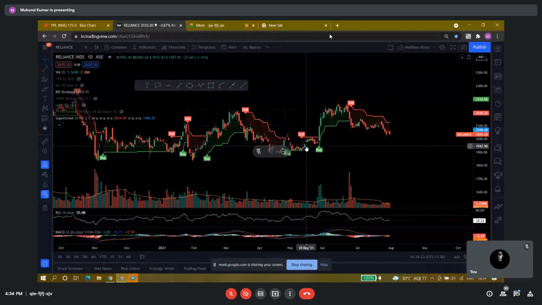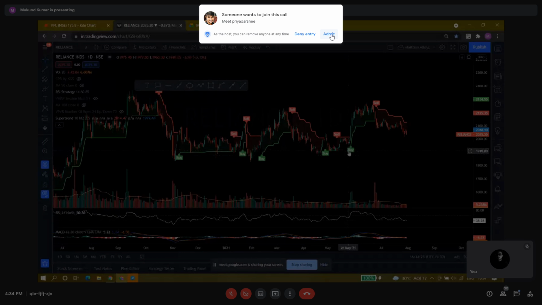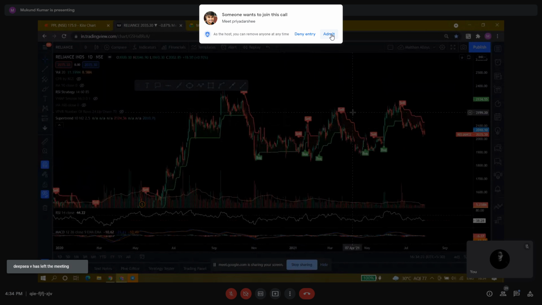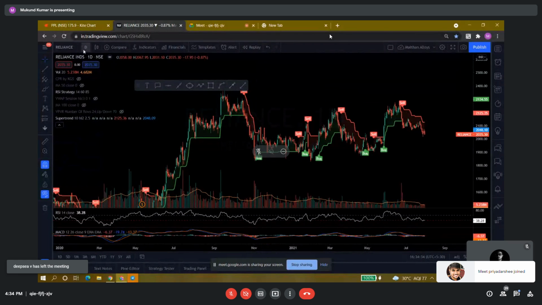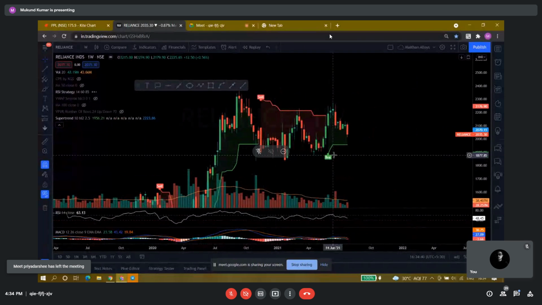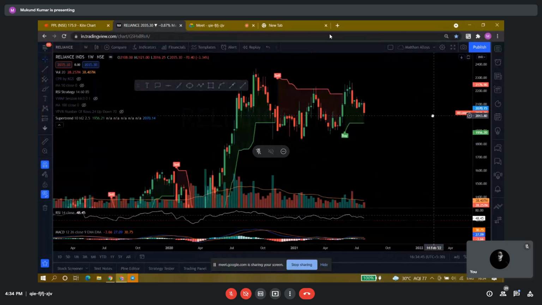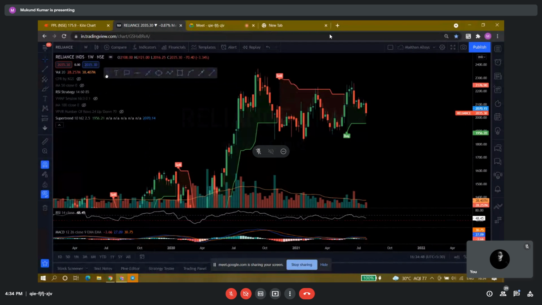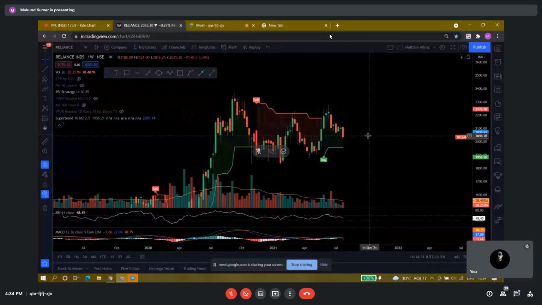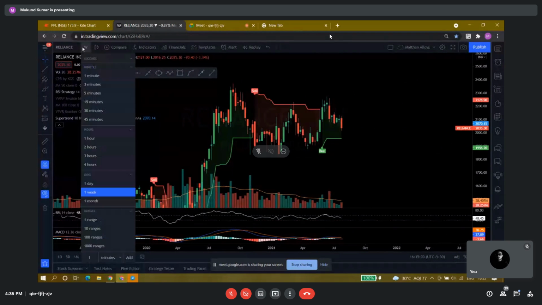Can you just guide on this chart a little bit? How do you feel this is moving? Can you say that it's a double bottom, double top formation? You can say this is a double top formation. If you go to the weekly chart, now you can say that there is a double bottom formation. This is a very debatable topic. Technical analysis is a very debatable topic. You cannot completely rely on technical analysis every time. It changes based on the chart pattern.